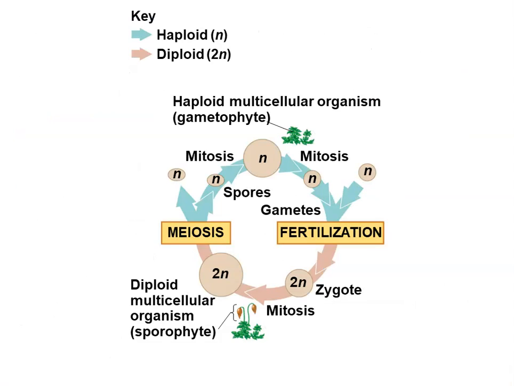So your diploid sporophyte can use meiosis to produce spores, and then those spores can grow into gametophytes, haploid multicellular organisms. They can continue to replicate, but then you can have two gametophytes unite together to fertilize and produce a diploid zygote, and then you can repeat your process. So you have two forms of multicellular organisms, the sporophyte and the gametophyte. Only the sporophyte is able to use meiosis to produce spores. Those spores then can be replicated via mitosis into gametes.